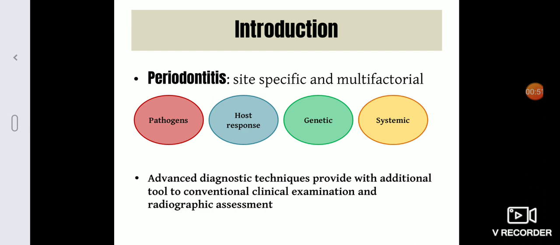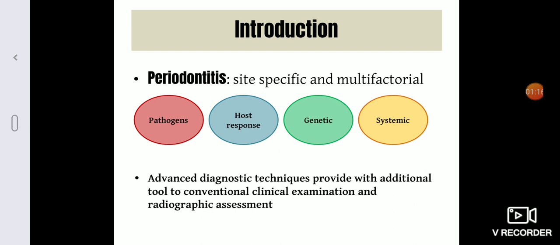A proper periodontal diagnosis is essential in order to arrive at a treatment plan and also to provide preventive strategies in patients with periodontitis. Hence, the research in periodontal diagnosis was aimed at identification of the disease process at an early stage so that it could be treated promptly and avoid further periodontal breakdown.